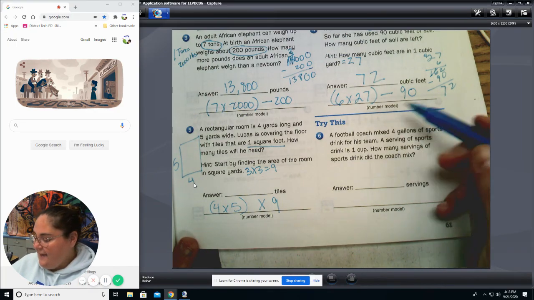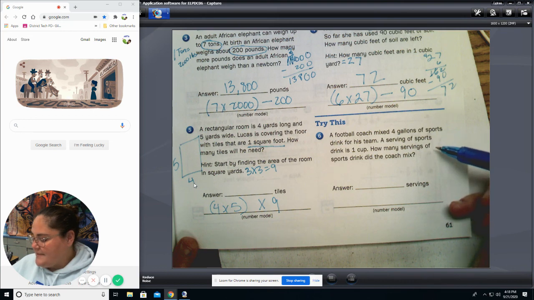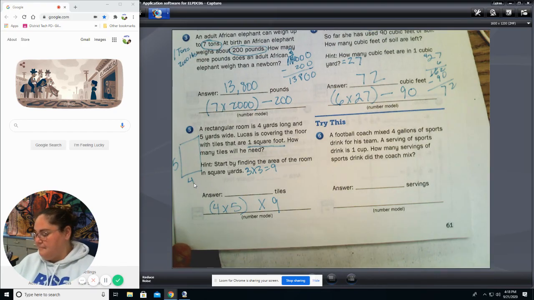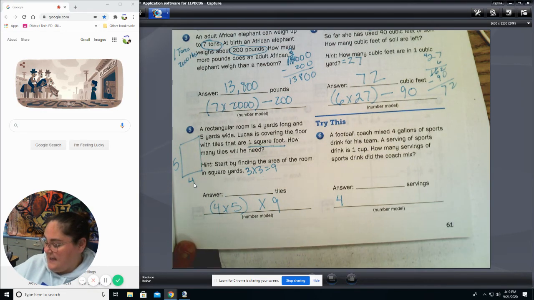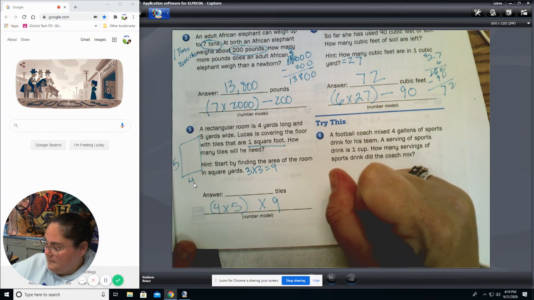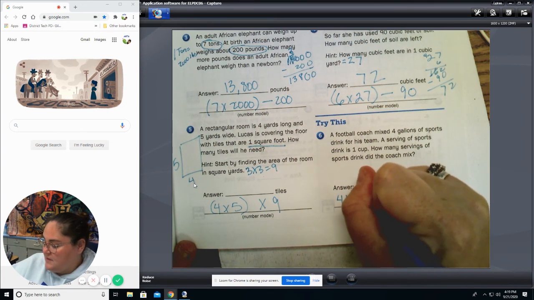And lastly, a football coach mixed 4 gallons of sports drinks for his team. A serving of sports drinks is 1 cup. How many servings did the coach mix? What are we going to do? First of all, we need to figure out how many cups are in a gallon, right? I know there are 4 quarts in a gallon, 4 pints per quart,